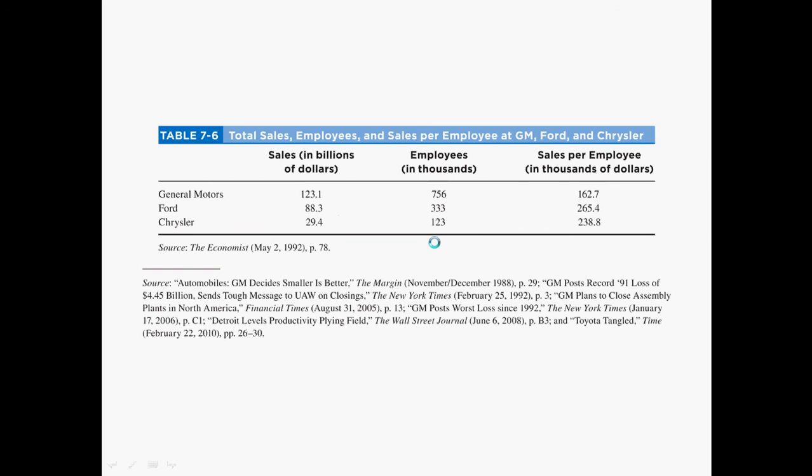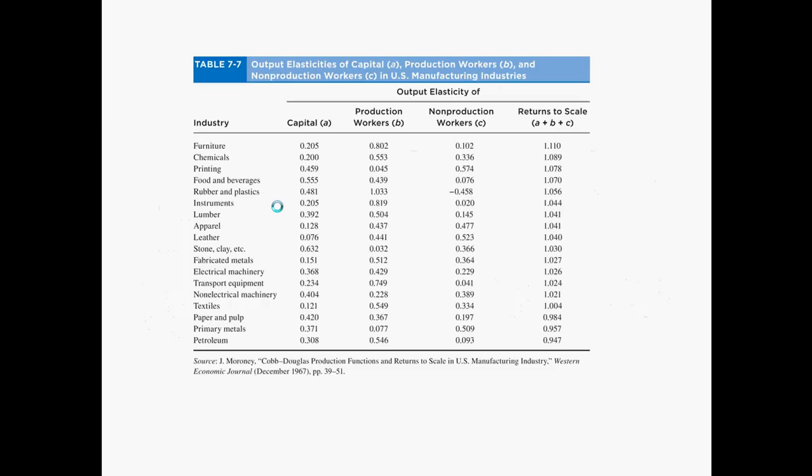Yeah, this isn't exactly a clear story of what's going on. I mean, it's just three companies. Maybe Ford just happens to be well managed, but it does at least suggest that maybe GM is not doing well by operating on such a large scale. That there's actually some diseconomies of scale at this point, and it would be a good idea for them to downsize. Okay, so